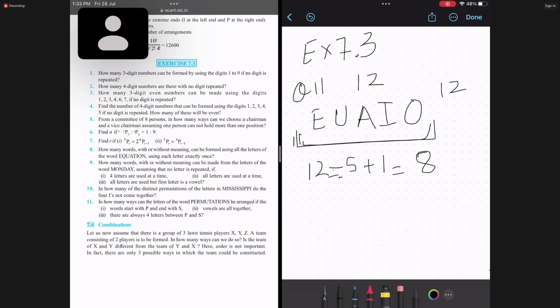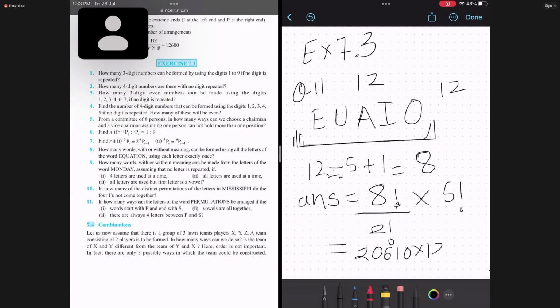But before actually finding the answer, one thing we need to keep in mind is that you can also permute these 5 letters amongst themselves, right? So the final answer is going to be 8 letters permuted, divided by the factorial of the repeating letters. We have 2 T's that are repeating, so we divide by 2 factorial, into 5 factorial, because we need to make sure these 5 vowels can also be permuted amongst themselves, right? So the final answer is 8 factorial upon 2 factorial into 5 factorial, and that is nothing but